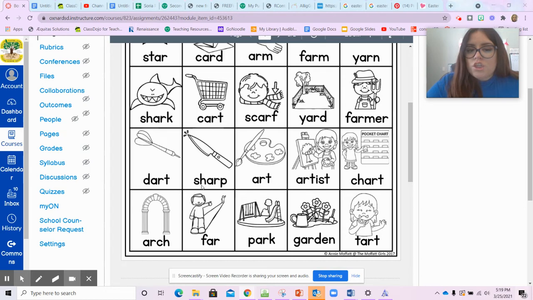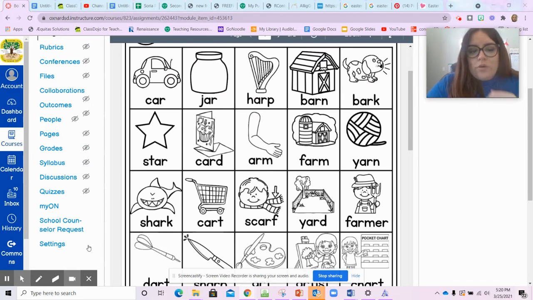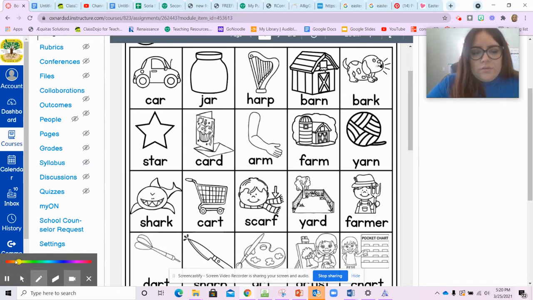dart, sharp, art, artist, art, chart, arch, far, park, garden, and tart. So what you're going to do is you are going to highlight all those R sounds